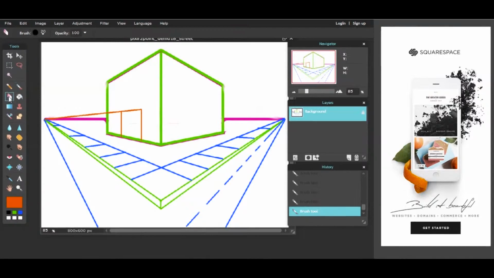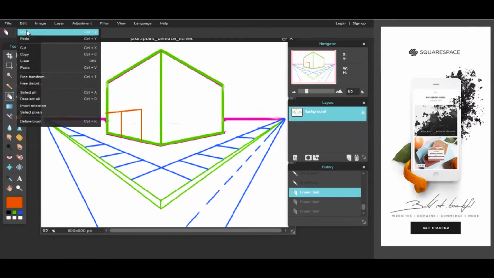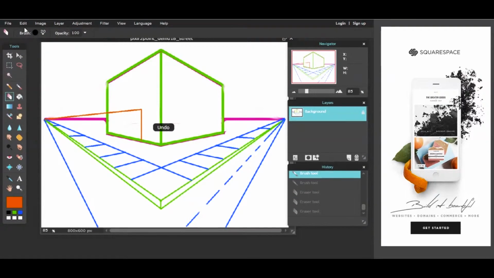But now I have to erase this extra line, so I can do that. But I'm going to have to get the green back and be real careful about all of this. So instead of erasing like that, what I like to do, and I showed you in the last video, let me go back a few steps,